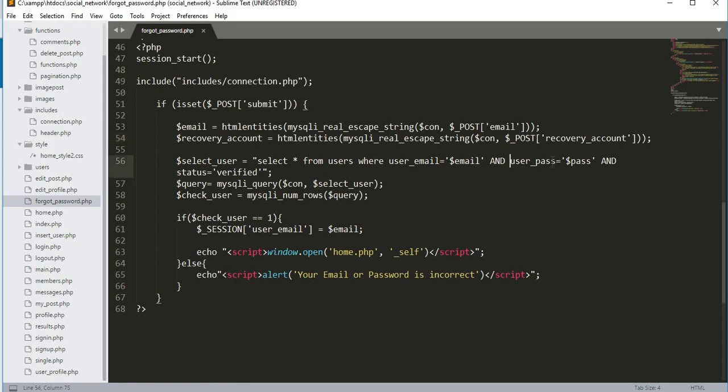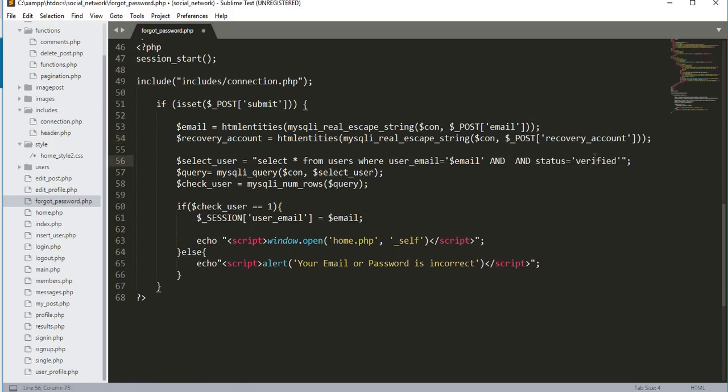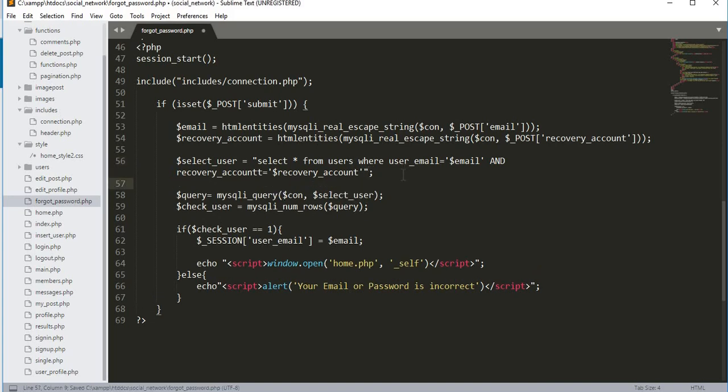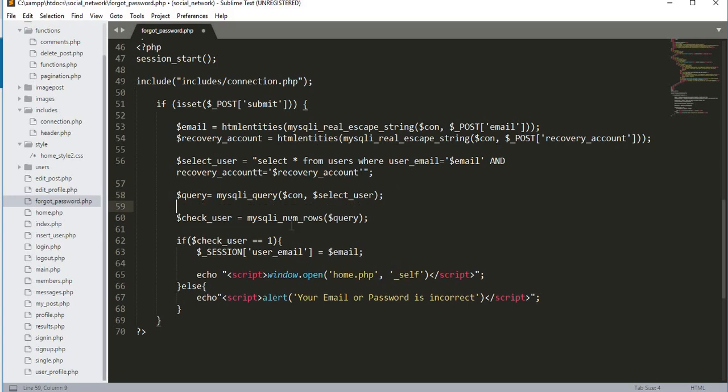and we will change this password to recovery_account will be equal to $recovery_account, and then we will remove this and we will add double quotes. So after this, the variable name is query and mysqli_query, and then connection, select, and check_user mysqli_num_rows